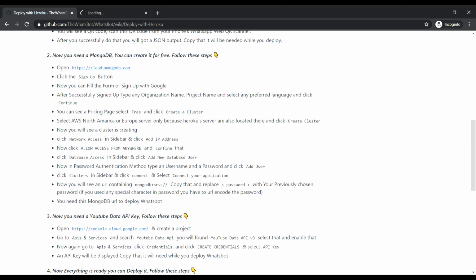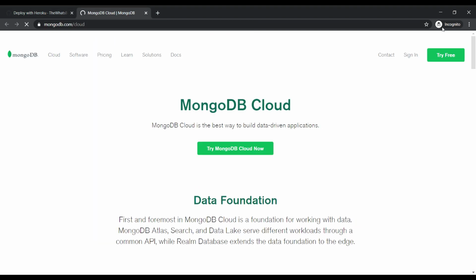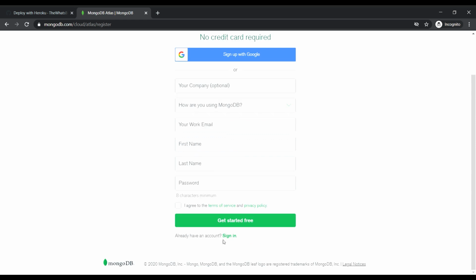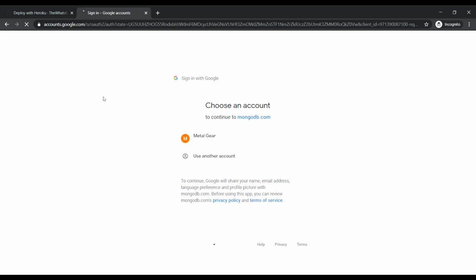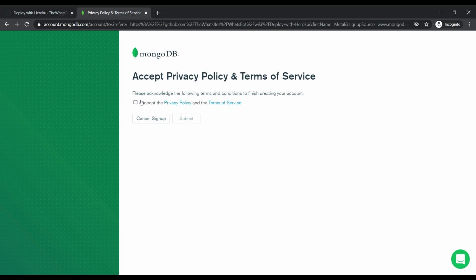Now create a MongoDB. For that go to cloud.mongodb.com and tap try MongoDB cloud for free and sign in with Google if you do not have an account. Let's create a MongoDB account. Let's select your Google account. Accept their terms and conditions.